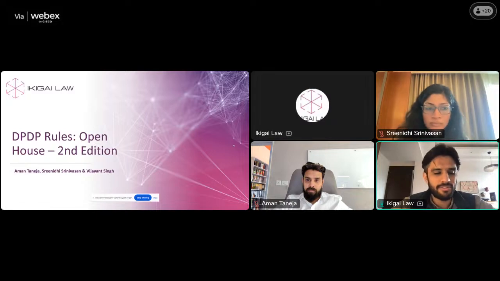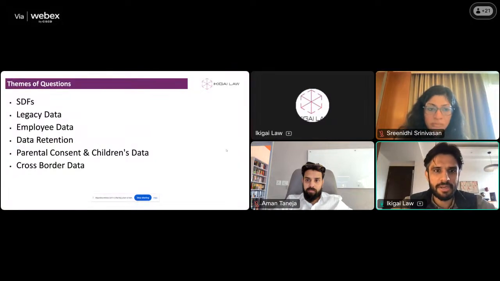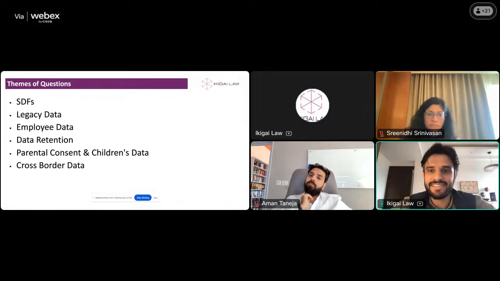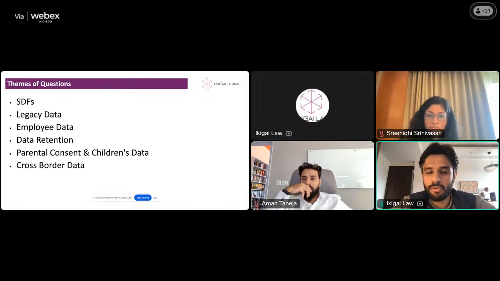We will work through implementation and practical guidance. Today's themes will be SDFs, their classification, and some of their core operations and obligations. We'll also look at legacy data and the transition from older regimes, and how you collected consent and provided notices, to the new law. We'll examine how to process employee data, retention obligations, children's data, parental consent, age verification, exemptions, cross-border data transfers, and we'll end with the obligations around